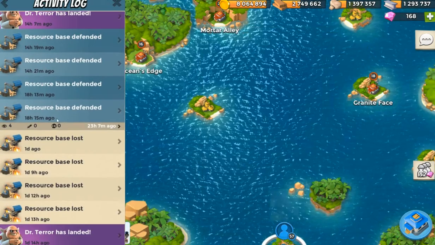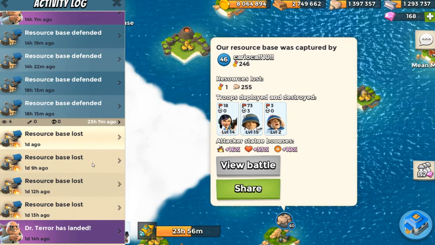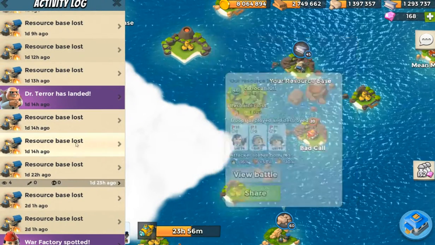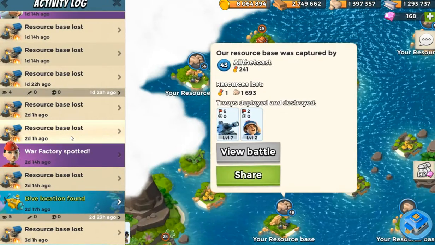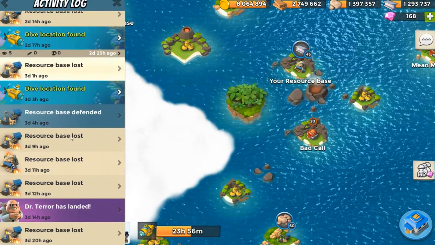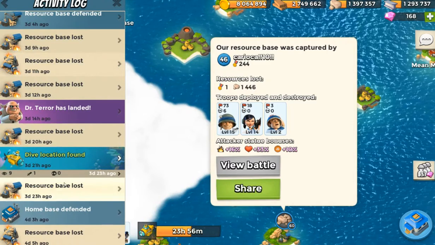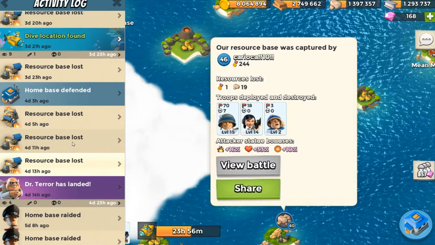Let's look here. There's another thing. This is what I was talking about. This is a stone resource base that I put close to the beach, and a player was able to take it from me 15 times over the past 4 days, until eventually I decided that it was looking tough, pretty tough. So I went ahead and rearranged the base,